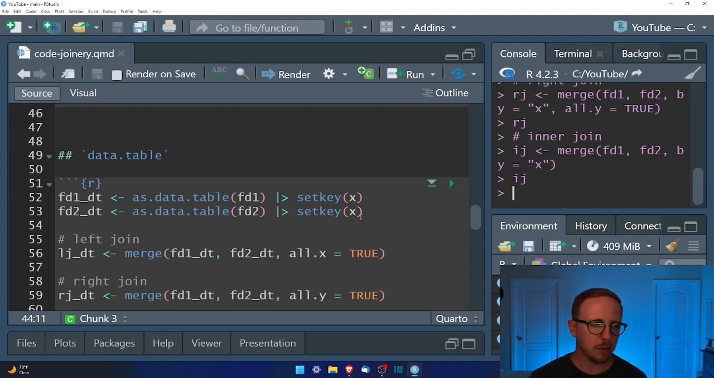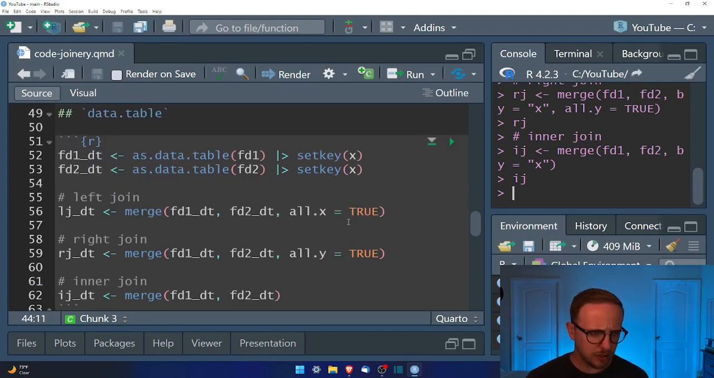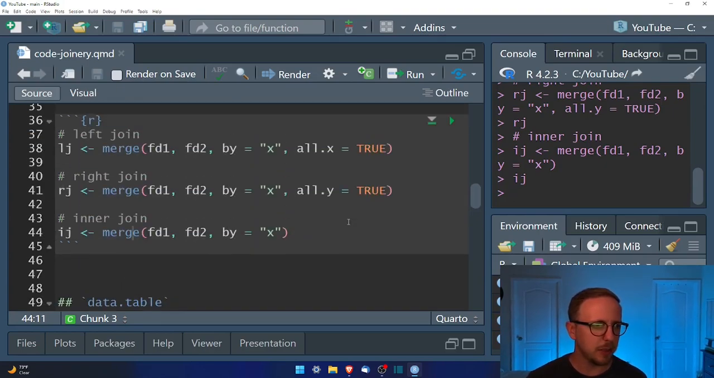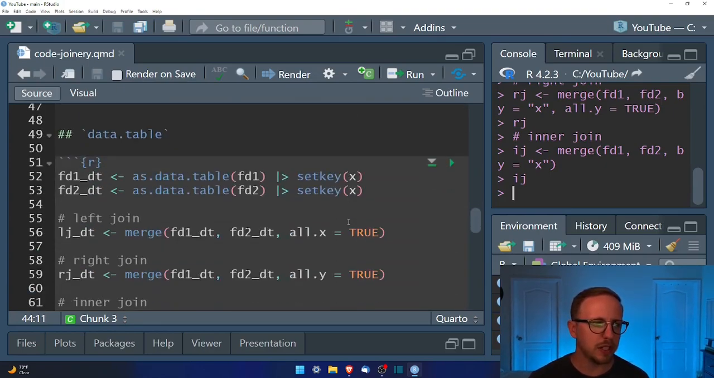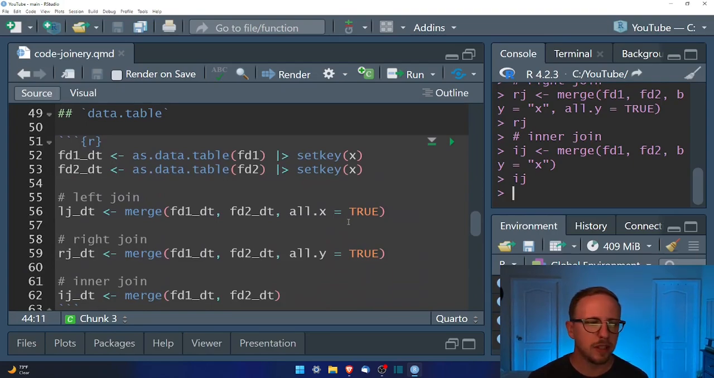For my purposes, I prefer to use something like the tidyverse. Just to give you an idea of how to do this, it's going to look very similar, basically exactly the same as the base R way. And I know there are multiple ways to join data in data.table, but I'm just going to use the merge method. So if we were to type in data.table